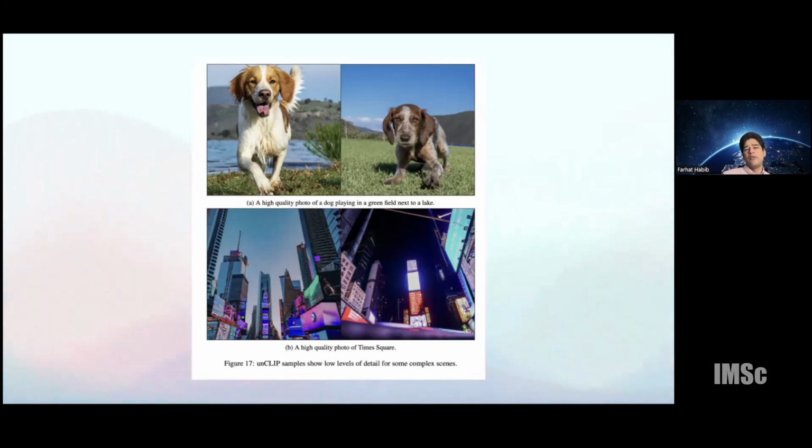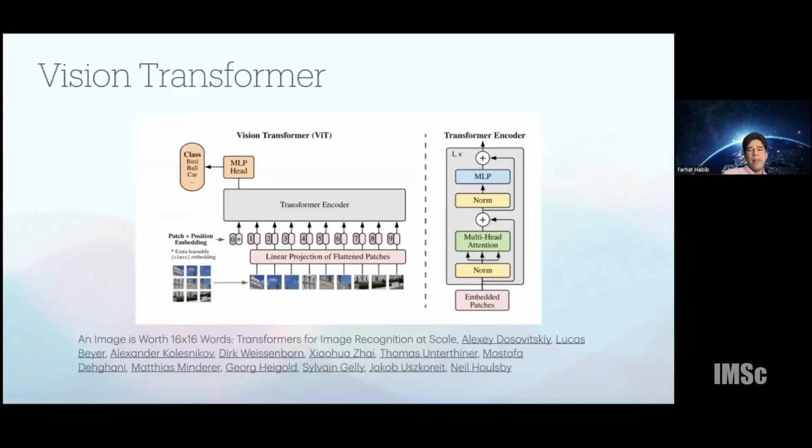Another thing that DALL-E 2 itself was not very good at was generating text captions. If you'd ask it to generate text, it would generate something that looked like text, but it would not necessarily be what you asked it to generate. And that has also been largely solved with some of the more recent models from Stability and so on.